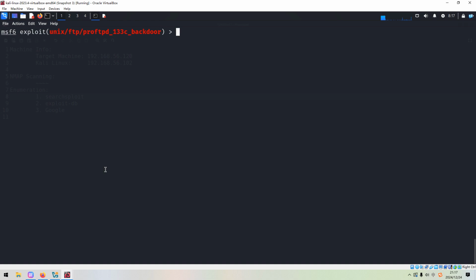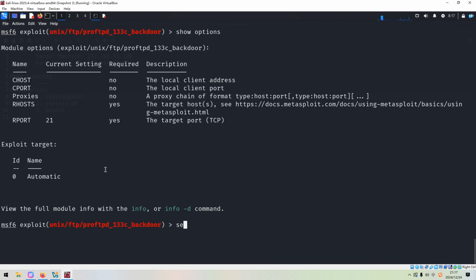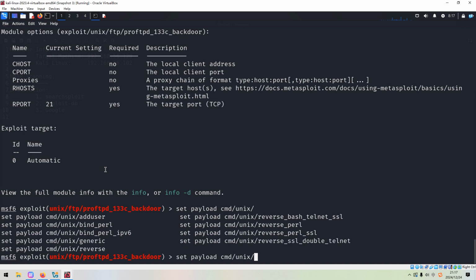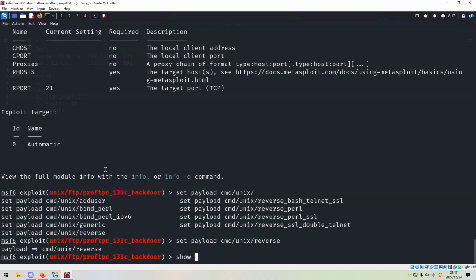And now, of course, we also need to set the payload. We can use different payloads. We can use the tab key to display all available payloads. In this case, I'd like to use a reverse shell payload. And then we can show options again.